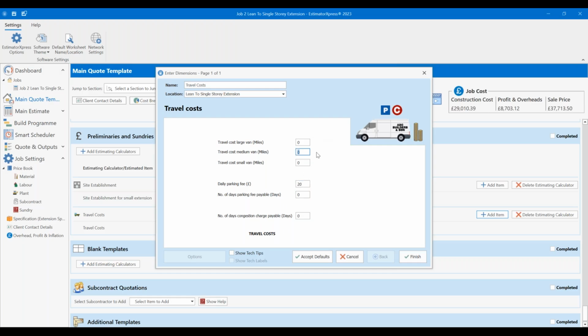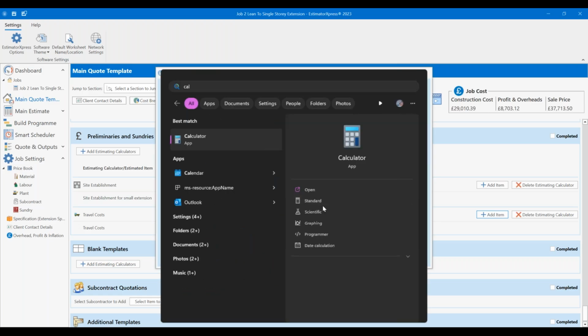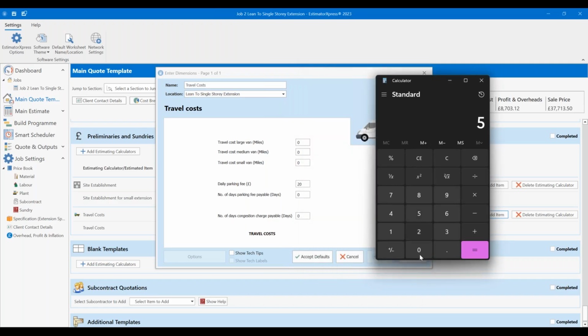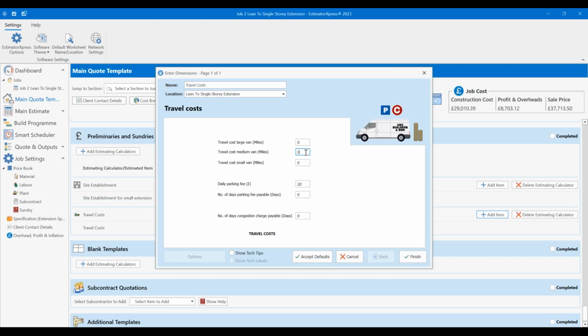I'm just going to use the calculator just to look at the cost of a van quickly. Let's say you've got a job that's 5 miles away, so it's 10 miles a day. Let's bring the calculator up. 5 miles away times 2, 10 miles a day. Times 5 for the week, times 12, which we said we're going to be using as the job length. 600 miles. If I drop in 600 miles for a medium van, so like an average Transit, look